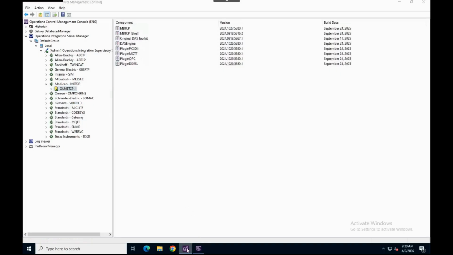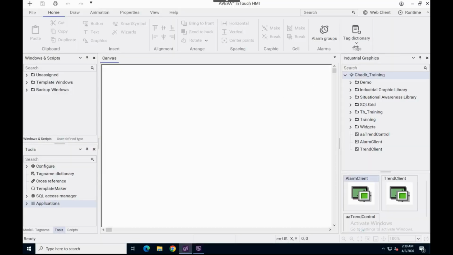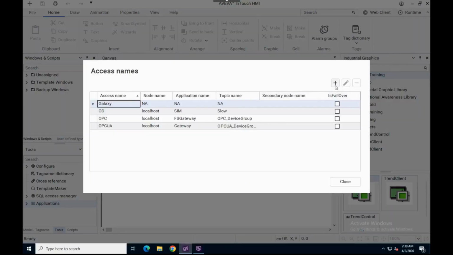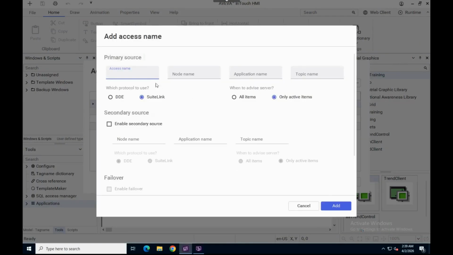Let's go back to the InTouch application to configure the tag name or the access name. Press the plus button to add a new access name. I will name it PLC sim. You can name it whatever you want. The node name is where the PLC is located, 192.168.1.1. The application name should match exactly the MBTCP, and also the topic name must match the